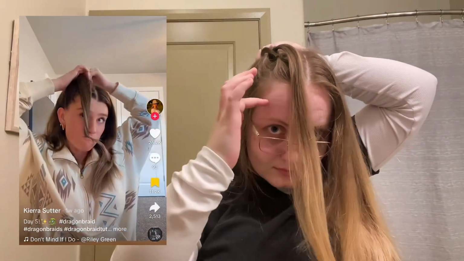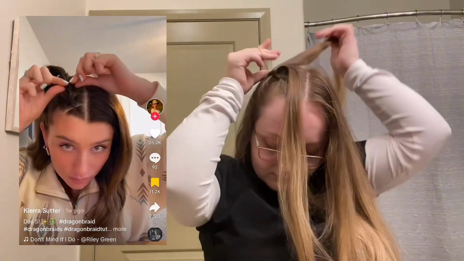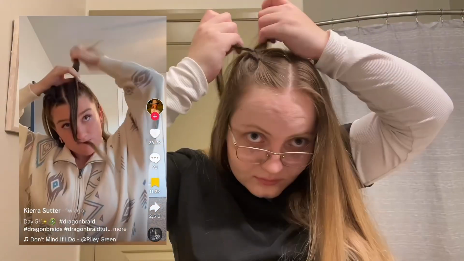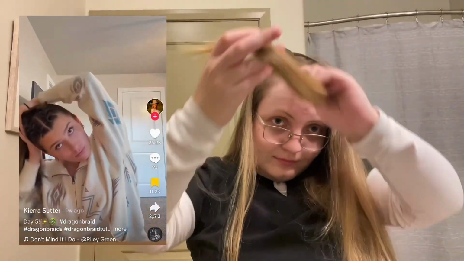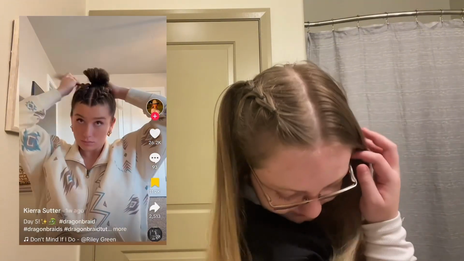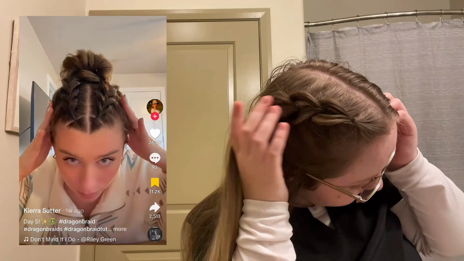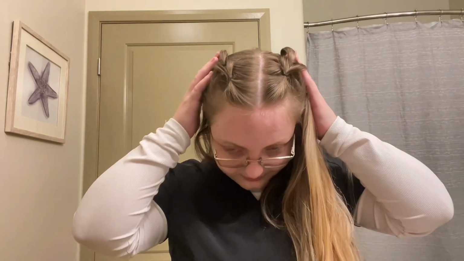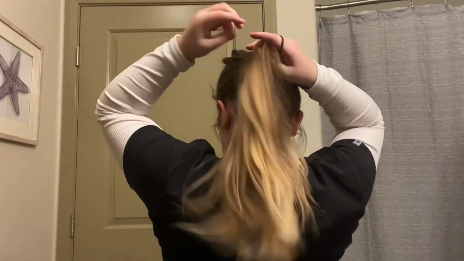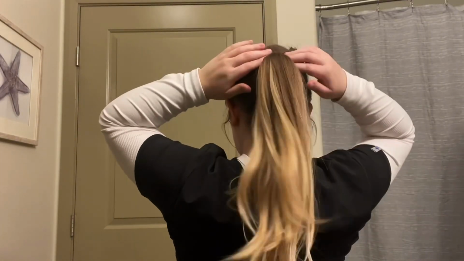And so you have the two front sections, and then you're going to tie it off again in the back. So that's basically the process you repeat over and over again. You split the ponytail in half, pull through the other one to the front, and you basically create this kind of fake Dutch braid almost, and you do that on both sides of your head. I know I did a terrible job of explaining that, but hopefully you can kind of see what I did there. I did it on both sides of my head, and then you can pull it all up into a